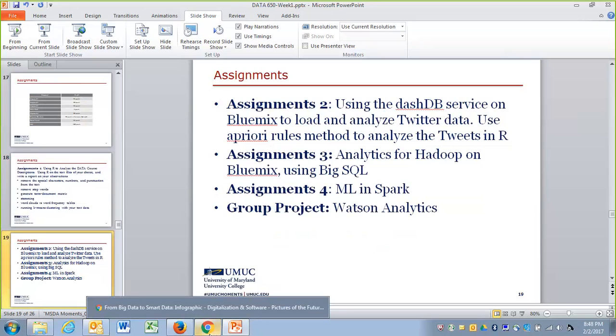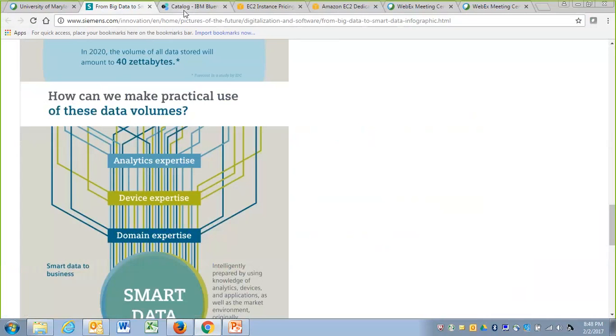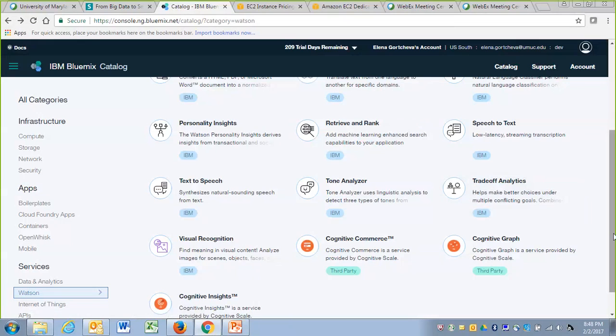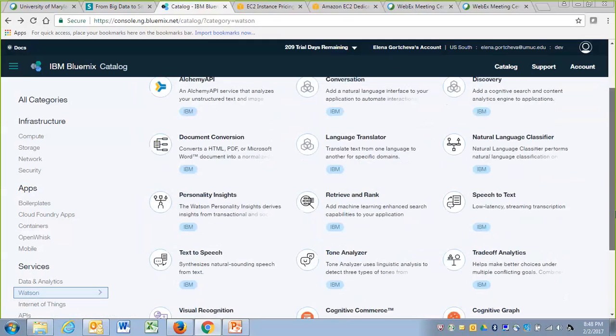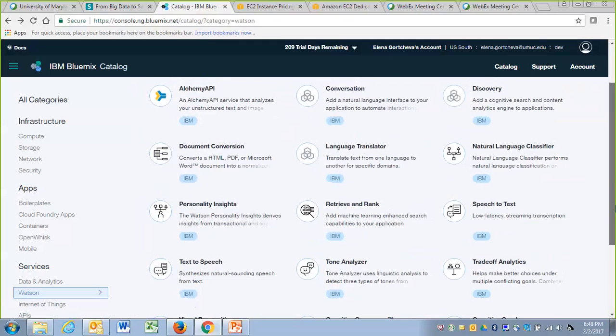And here I would like to share my screen to show why we require you to sign up the first week for Bluemix. Bluemix is the cloud environment where most of the services we are going to use in the class are. We are going to use Watson, the cognitive computer. Here are the APIs, which you can explore. And I can tell you, half of the class has already done this. I can see it in the assignment folder.